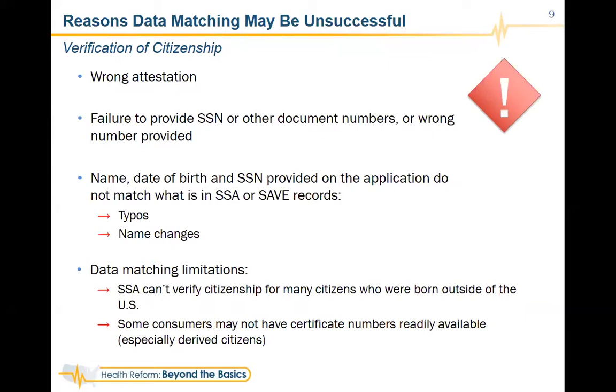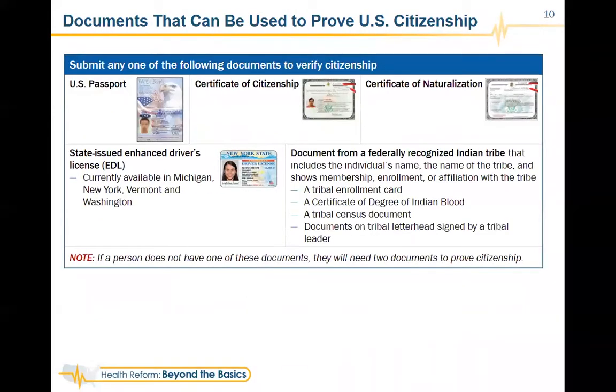Data matching limitations. So there are certain folks that were born outside of the U.S. where the Social Security Administration just can't verify their citizenship for a variety of reasons. And then other consumers may not have those numbers, as I mentioned beforehand. So when this happens,